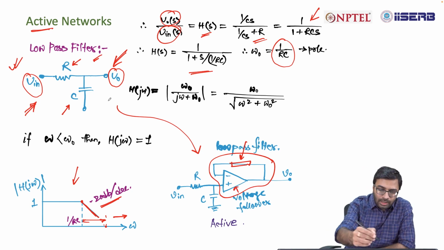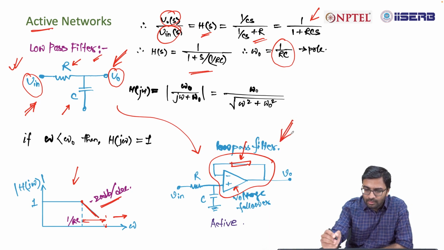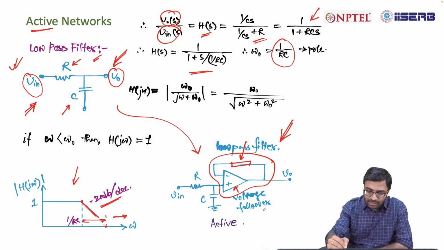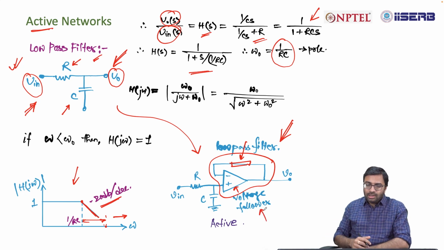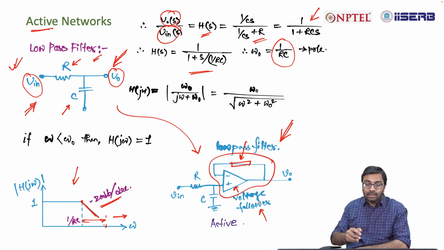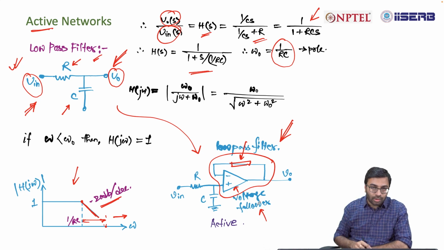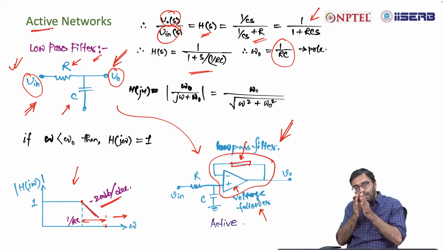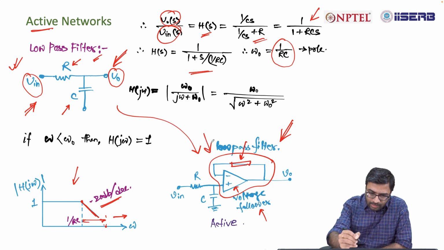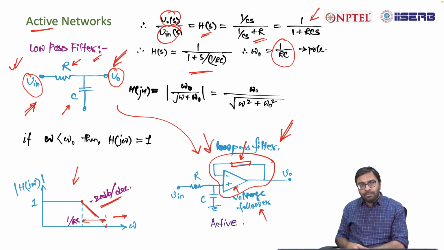So, the corresponding active low pass filter is something like this, where the entire filter is connected to a voltage follower. Now, once you connect it to a voltage follower, you don't get a gain, but the active network, that means this voltage follower, will help you to decouple output from input. Okay, that decoupling is possible if you add an op amp as a voltage follower here,